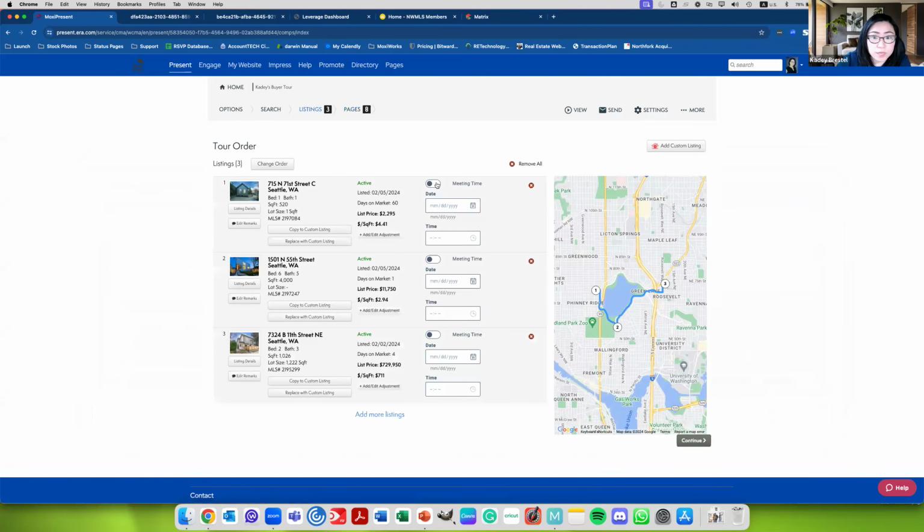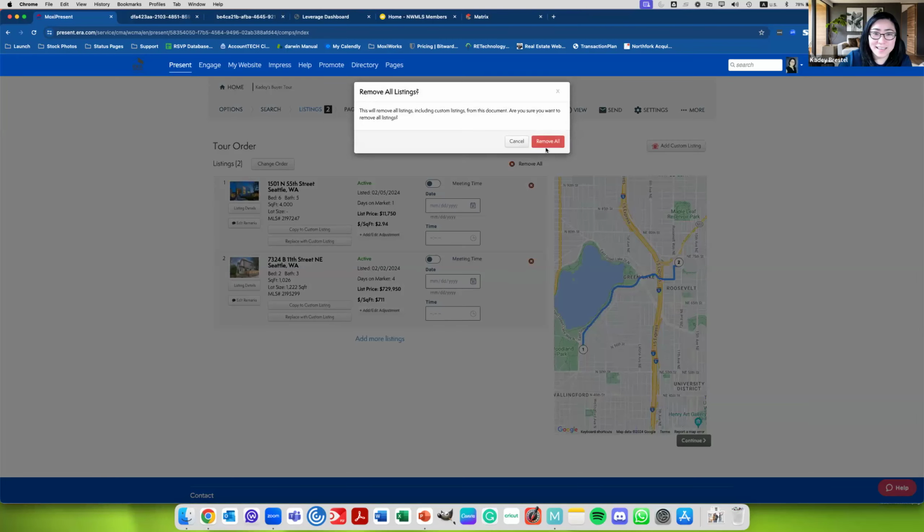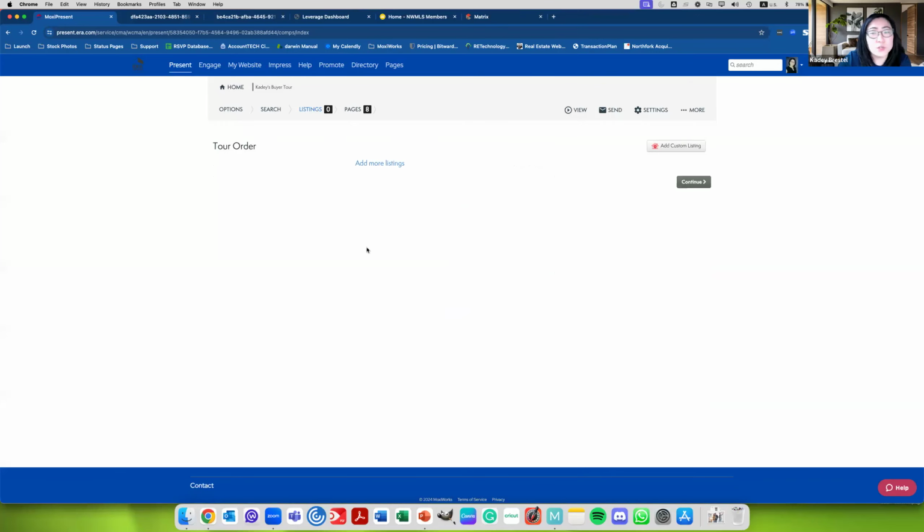Let's say these 3 in here, they absolutely have no interest in going to. You can just click on these X buttons right here to remove them. So let's say they were all bad. You can just click on remove all, and then every single one of them will be taken out of the tour. And then you can just add in the new ones instead. Okay. So when I added a new one here, and then when we go there for